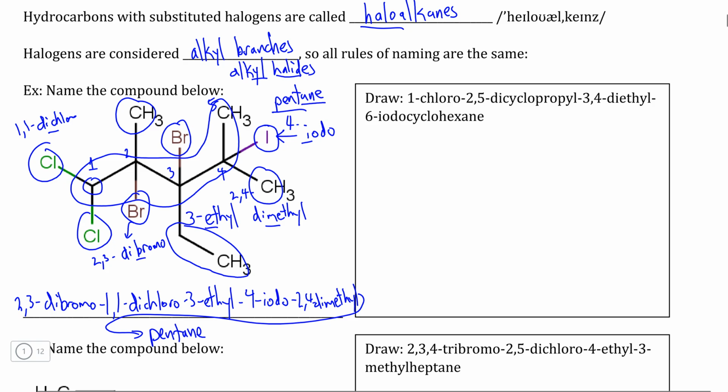Easy, no? Well, as most students find, drawing a structure from a given name is usually significantly more straightforward than finding a name when given a structure. And simply because once the parent chain is established, it's relatively easy to put the rest on. So here we see that we have 6 carbons and we have an alkane, meaning only carbon-to-carbon single bonds, but we see the prefix cyclo, which tells us that this parent chain is in the form of a 6-carbon ring, which we can draw as a hexagon like this,